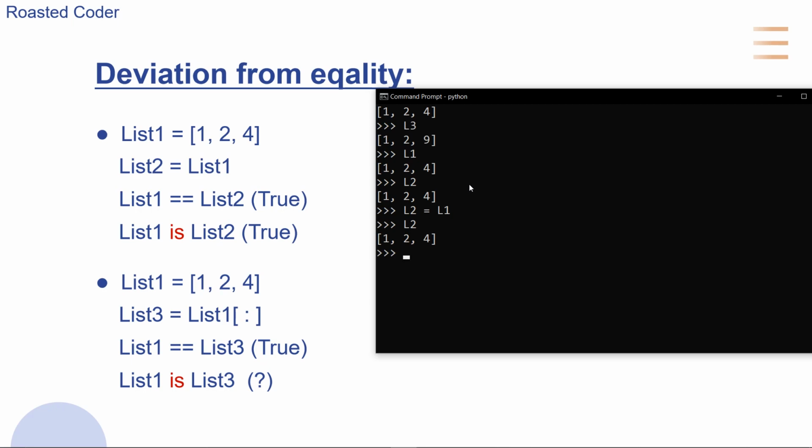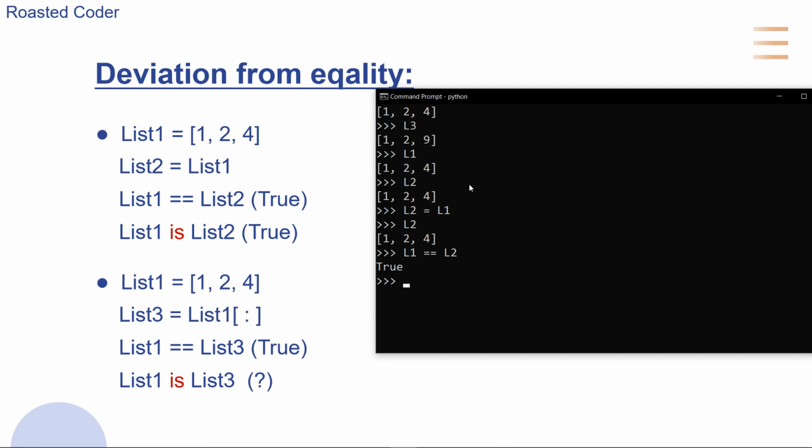So if we want to check L1 equals to L2, then we just have to type L1 == L2. It will show a Boolean type output. You can see it's true, since the value inside L1 is equal to the value inside L2.